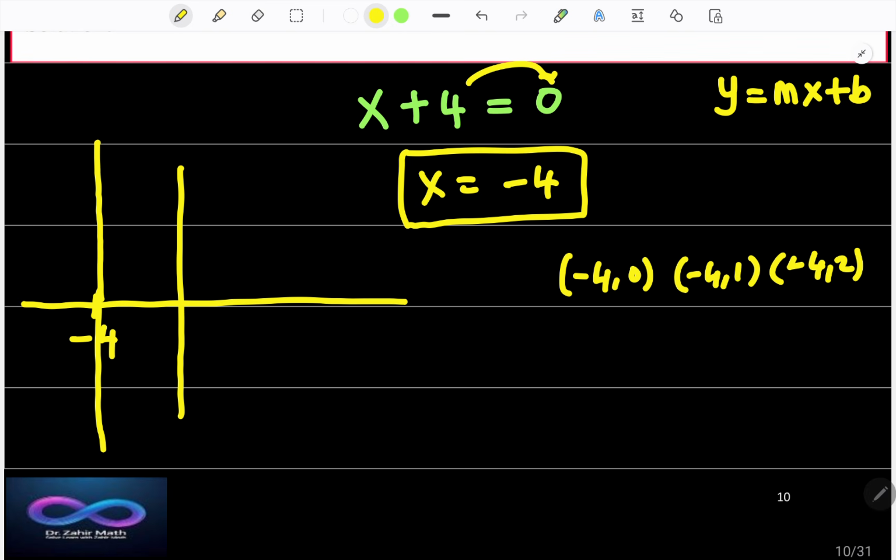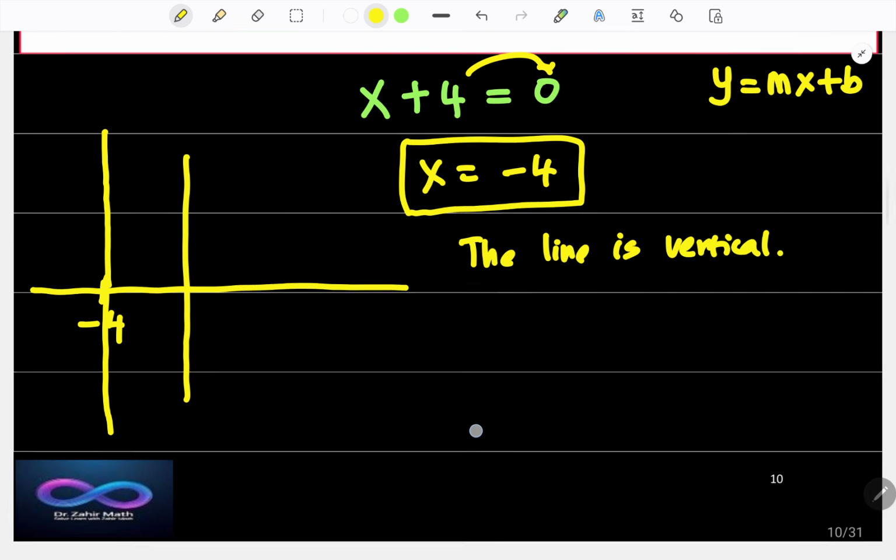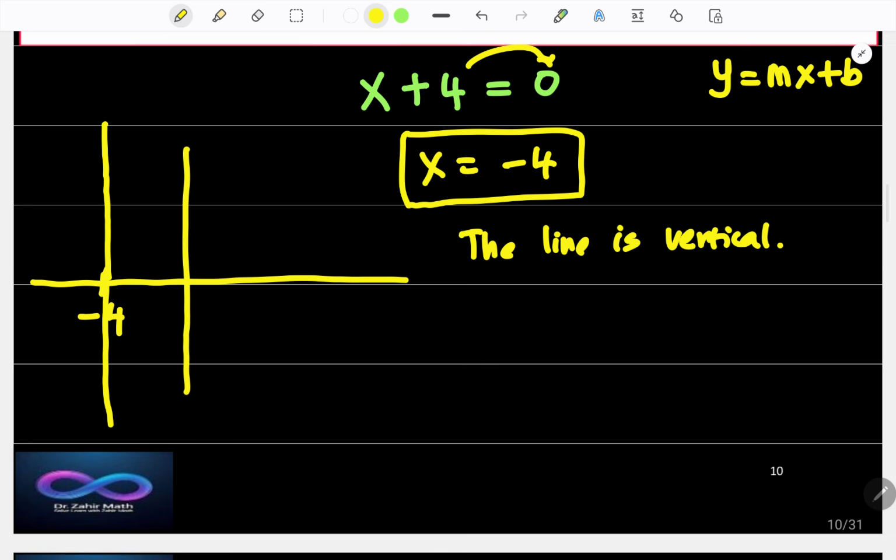If you take like this, what happens? Every point you take, you will get one more point, right? So it is actually x equal to a constant. All these points have the same x value. It means when x is constant, the line is vertical, right? So it means a vertical line cannot be written